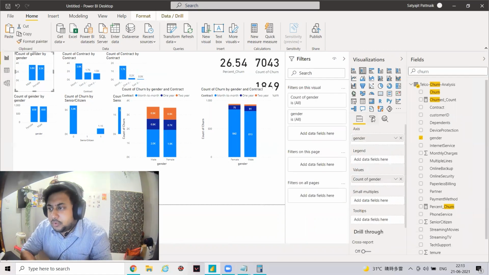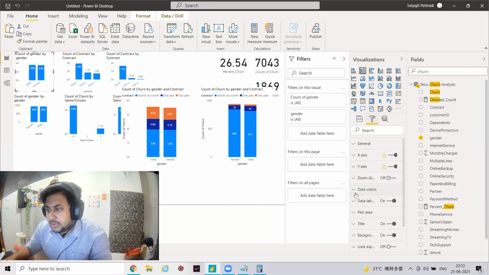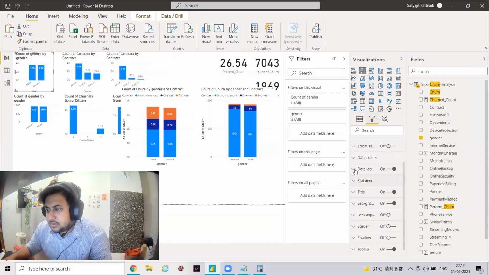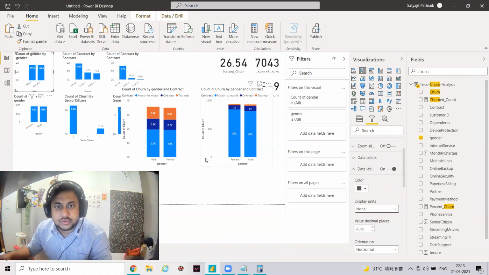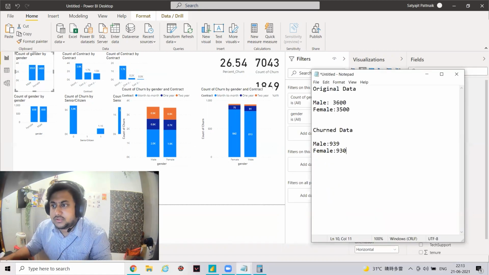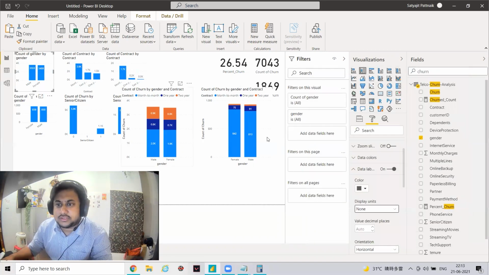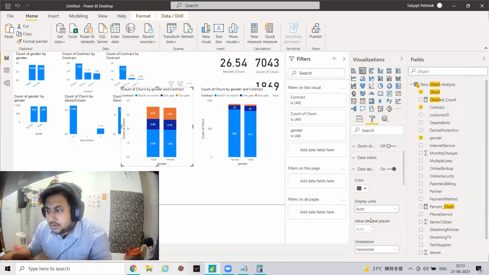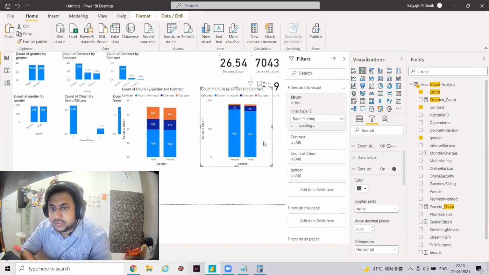I'll click on this report, go to data labels, and then change the display unit to none so that I have the exact number. So 3,555, 3,488. And similarly for these graphs also we will set the display units as none.